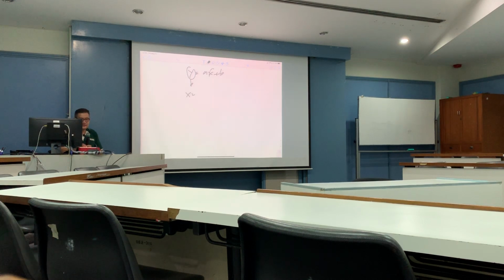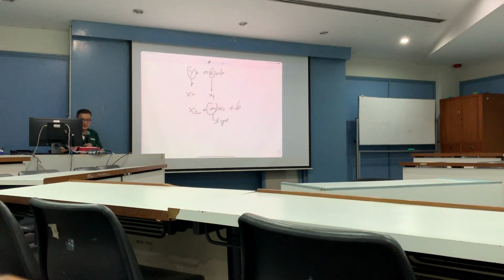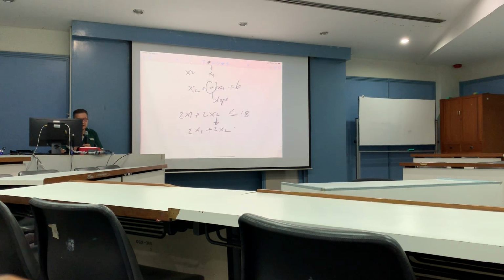This one I use x2, this one use x1, or we said x2 equal to ax1 plus b. This is the slope, remember? So, for example, we have 2x1 plus 2x2 less than or equal to 18. If we want to find this slope, it's similar: we have 2x1 plus 2x2 equal to 18. So then you have 2x2 equal to minus 2x1 plus 18, x2 is equal to,